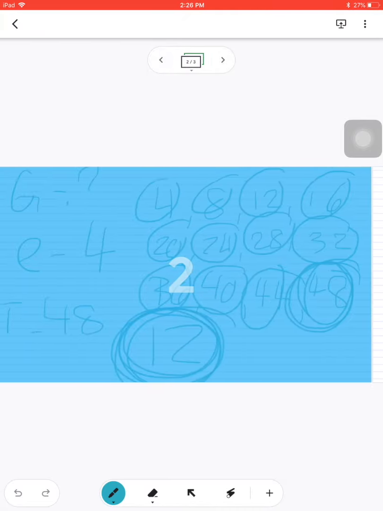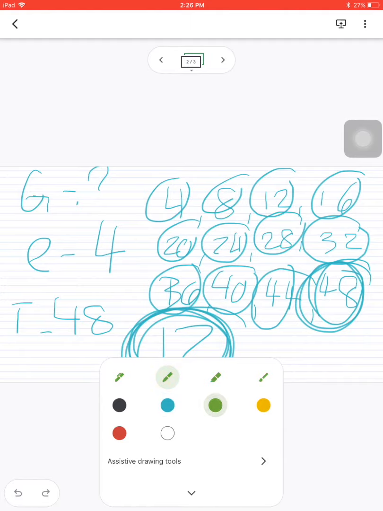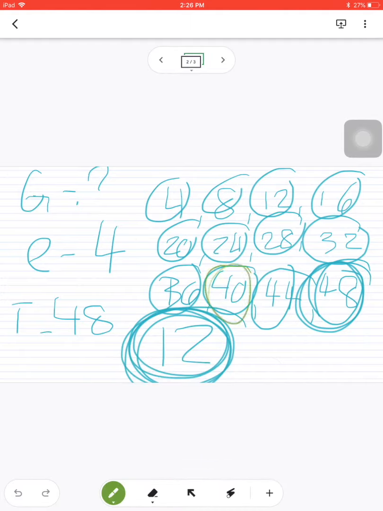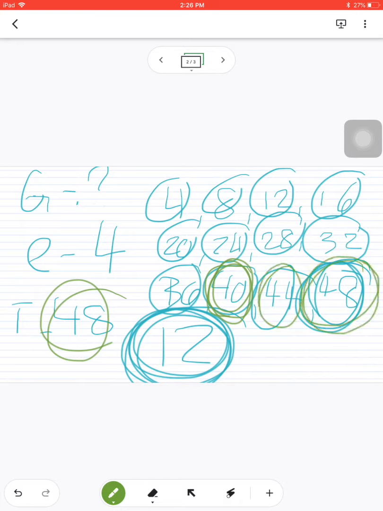So let's take a deeper look at this one. So I know this 4 times 10 is going to be 40. So 48 is only like 2 more groups of 4s, right? So couldn't I just add 10 plus 2, and that would get me my answer of 12? Absolutely. If you think about all of these tricks, you can make your work much easier for you, because you know that